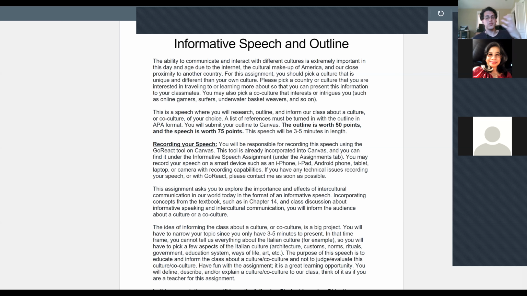Northern Italy has a very different culture than Southern Italy. Sicily has a very different culture than Naples. Naples has a very different culture than Venice, and so on. You see what I mean? So rather than focusing on a country, you can go more specific than that. The more specific the culture, the more in-depth you can get, and the more interesting content you can pull out.